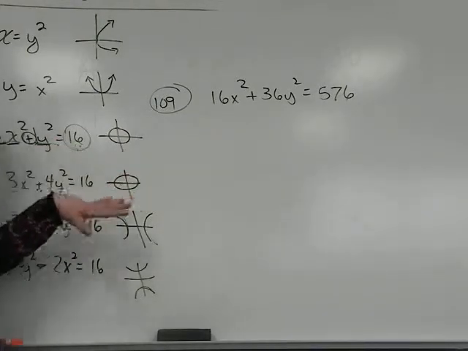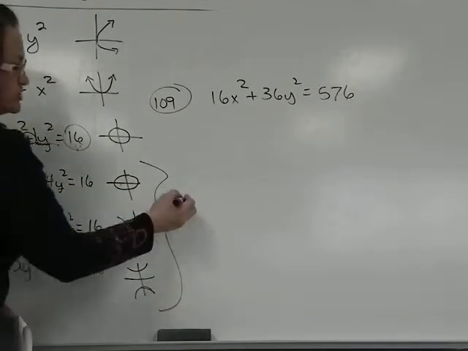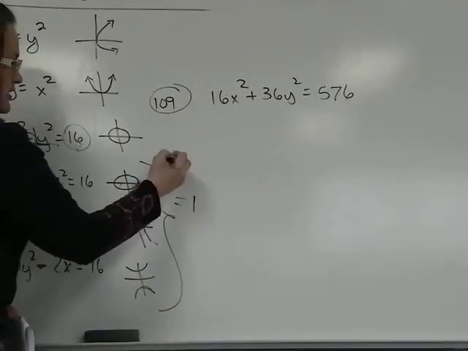Standard form for an ellipse and a hyperbola, these figures, the ellipse and the hyperbola, you should get them equal to 1. You get an x squared over